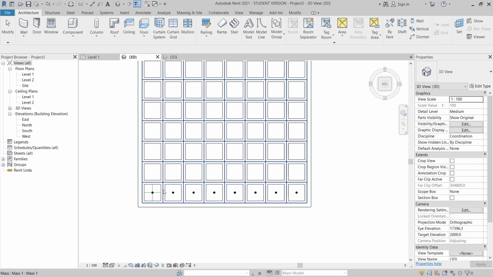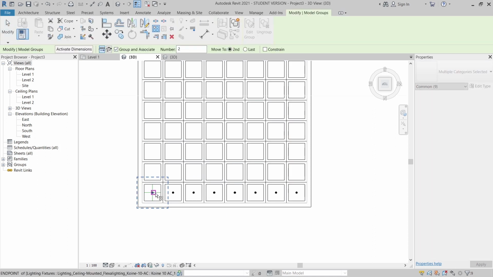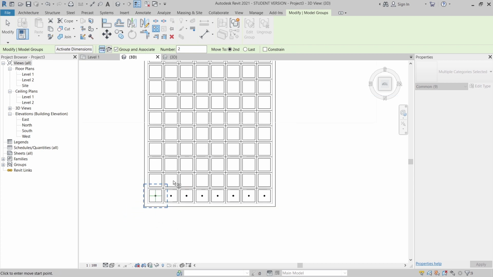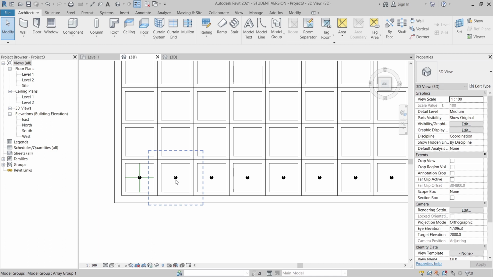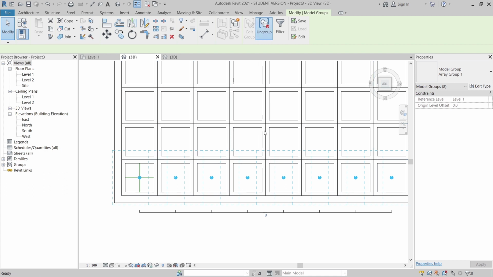But if we array directly like this, we cannot use array. As you can see, we can array one only, but I want to array the whole system. I can hit escape a couple times. First, I select my lighting there, right click on my cursor, select all instances visible in view, ungroup there, and